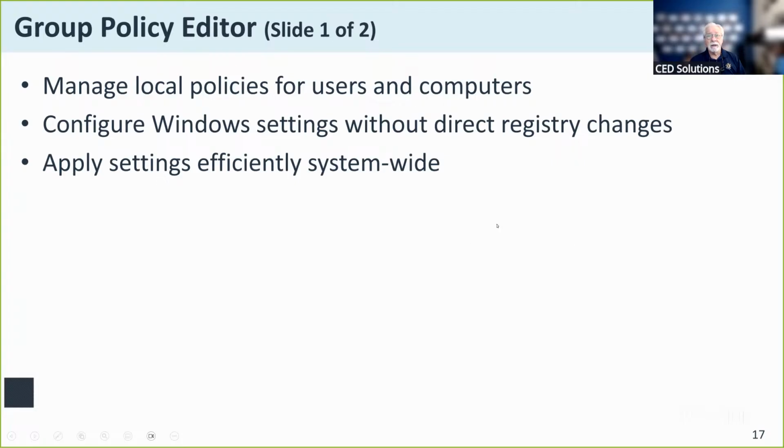Now, another thing that is relatively new to the Windows environment, and when I say relatively new, I mean within the last couple of decades, is that they started introducing the group policy and security policy environment and editor. One of the really cool things it allows me to do is enforce configurations on a particular Windows system.